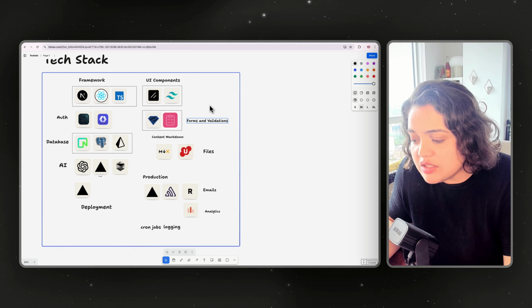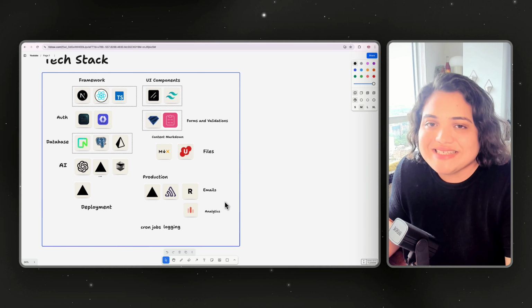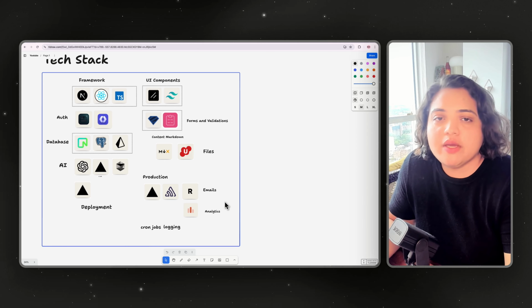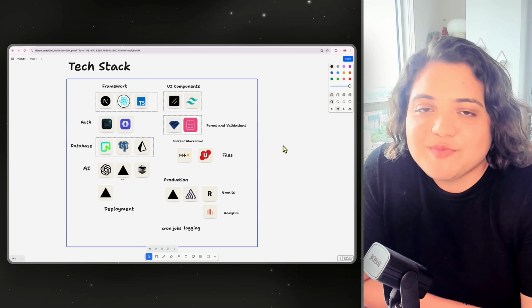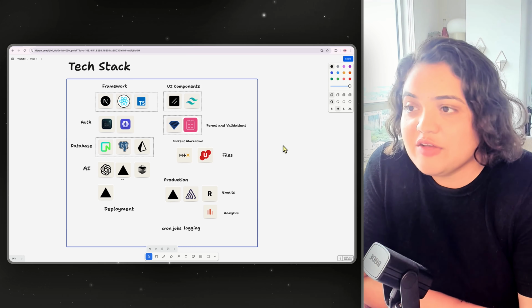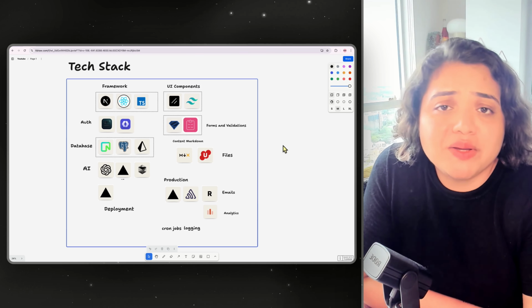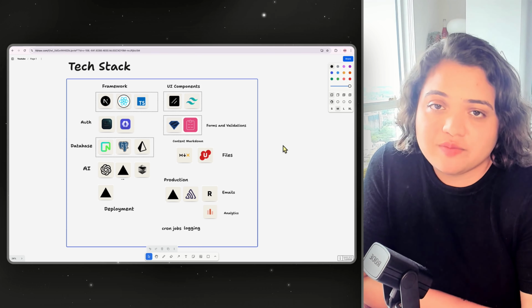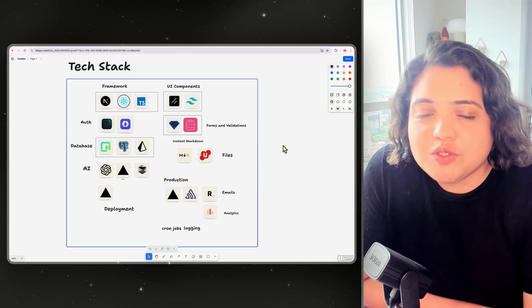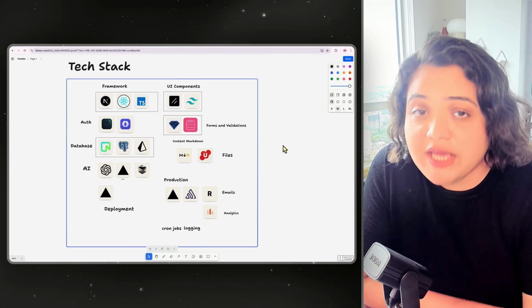Now, if you look at all these tools, it might intimidate you, but you shouldn't, because these tools are quite easy to use, and you could ship a powerful production-ready application with this specific tech stack. So that is my 2025 tech stack. Now, here's the thing. The exact tools will keep changing. Next year, it might be something else. But what doesn't change and shouldn't change is the philosophy. Pick a tech stack that helps you ship faster and gives you the confidence even when you scale your application.